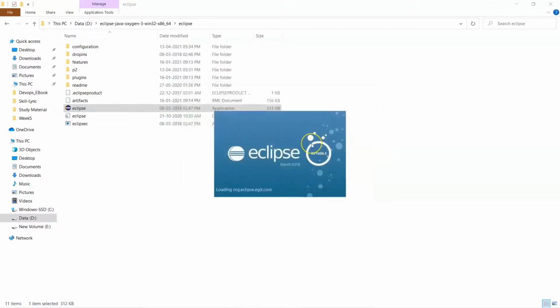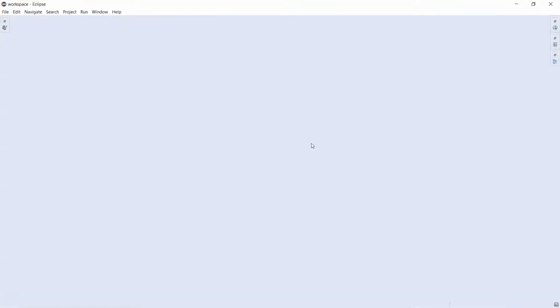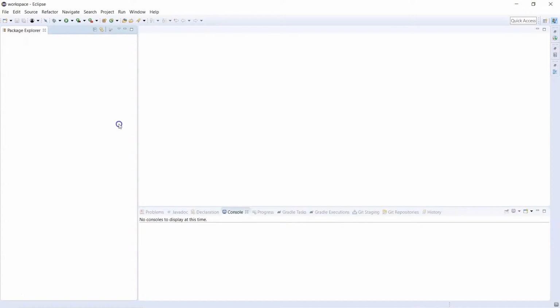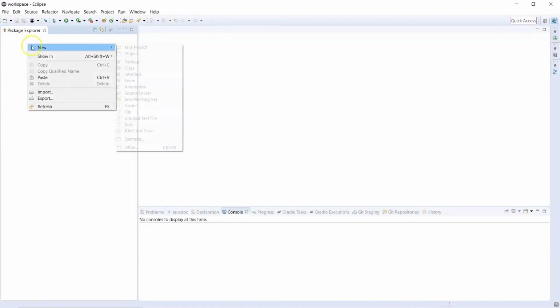Now in this one, what I'm going to do is, first of all, create a Maven project. Once my Maven project is created, then I'm going to include Mockito and JUnit related dependencies. And after that, I'm going to write a very small source code just to see how exactly our dependencies are getting resolved, and my source code, which will show an error earlier, will come up healthy. So all I have to do is right click over here, new,